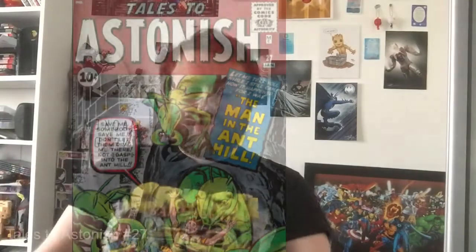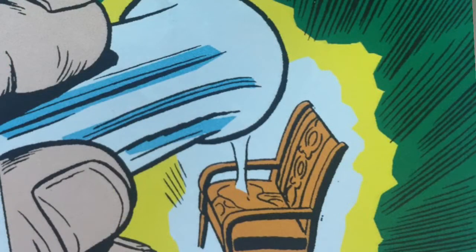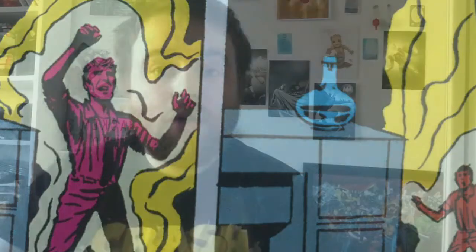Just to astonish issue 27, we are introduced to Dr. Henry Pym, who has created a shrinking formula and uses it on a chair to discover how it works. He then decides that this would be beneficial to mankind, so tries it on a human. The first human he comes across is him, so he tries it on him. Unfortunately, it shrinks him much lower down than he anticipated, and he realised that the cure was on a windowsill